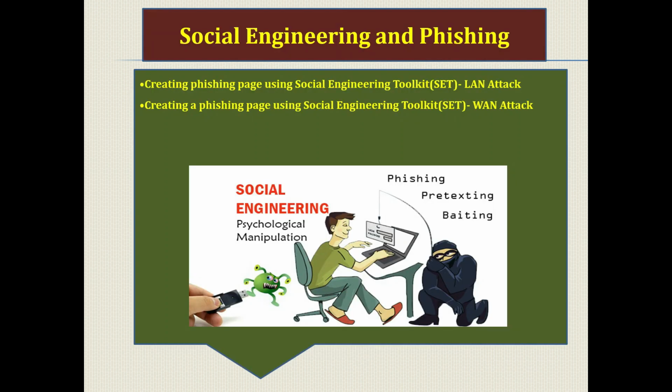Social engineering. Nowadays, you might see phishing attacks. How will phishing attacks be performed? What are the ways? We will see different types of phishing attacks. A few phishing attacks are at the LAN level, meaning local area network, within the network. That is not of much interest to students to do in the local area. The students, meaning hackers, are interested in the WAN level. They will send a link to you, and if you enter any username and password, the username and password will be stored on the attacker machine. How that happens, we will see in the chapter.